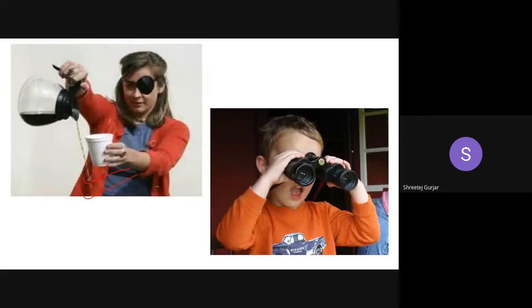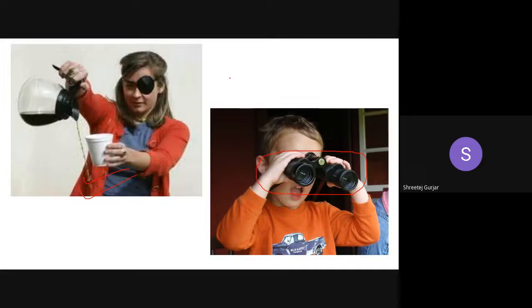So binoculars, you might have used binoculars, wherein you don't have only one lens, you have two sets of lenses that are the same as your eyes, right? So that will give you a magnified image or a zoomed in image, right? So that works also on your stereoscopic vision. Okay, so I hope stereoscopy and what is meant by stereoscopic vision is clear to you,